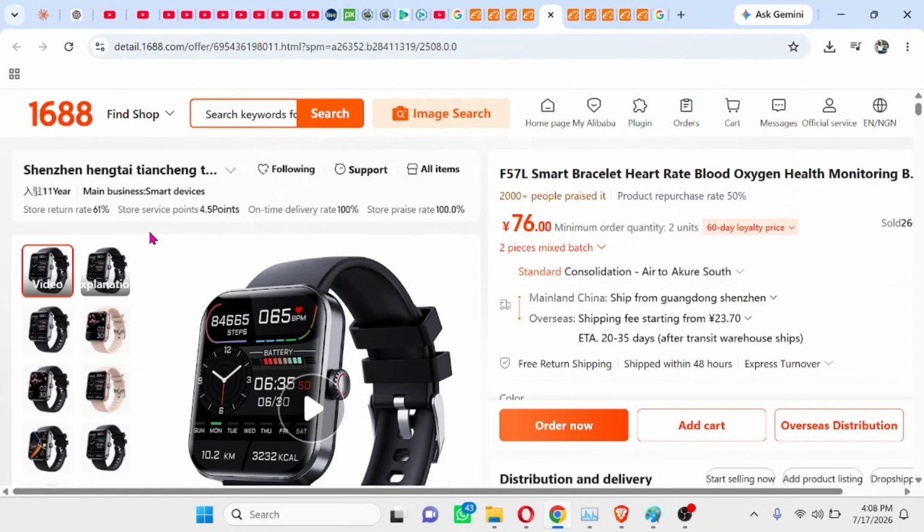Now the first one is, this merchant has been here for 11 years. This tells us that this merchant or company is a very good one. Then store returning rate is 61%. It tells us that people are coming to this place to buy. Then store service point 4.5. On-time delivery, 100% on time. Store price rate 100%. This signals a very good